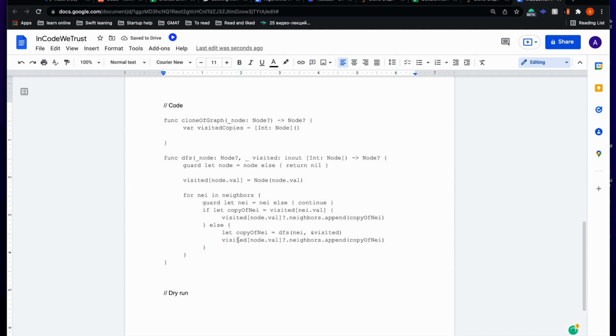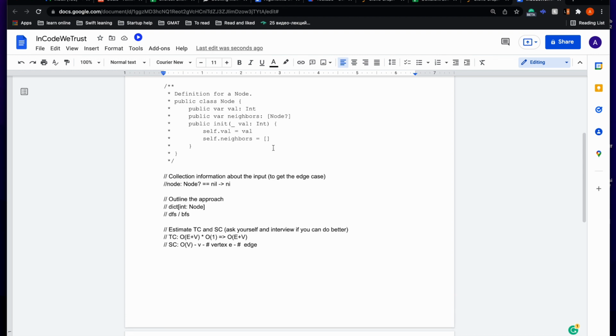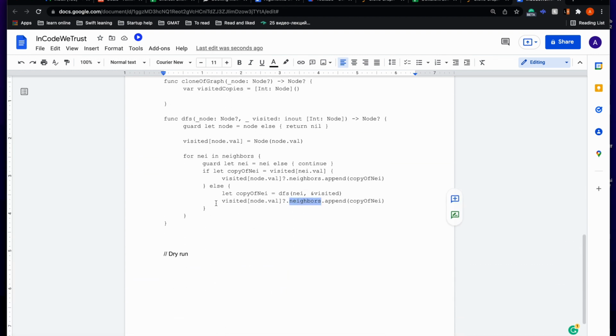If I need to, this DFS is going to return me a copy of this neighbor, and I'm just going to append it as a neighbor. The nice thing about it is this is going to be an optional, but neighbors can actually hold optional nodes. So this is going to work, and that's pretty much it, except at the very end, I just want to return, because this function needs to return something. I just wanted to return visited